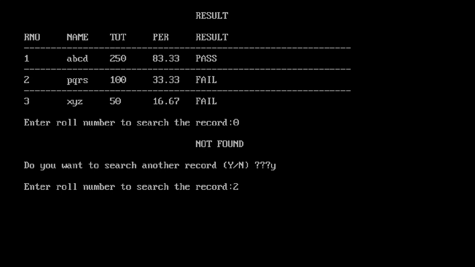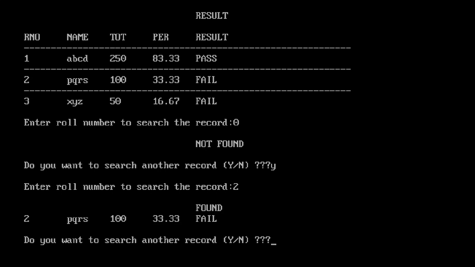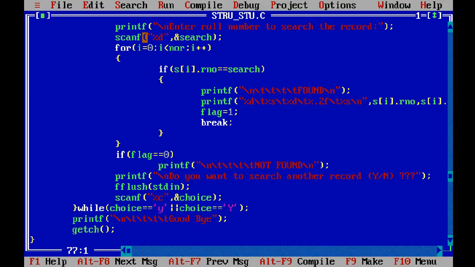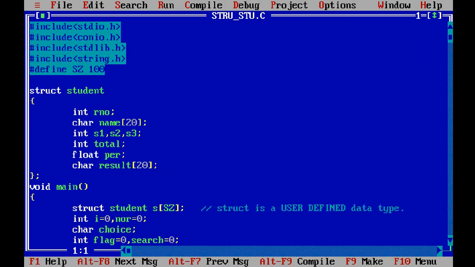Now as we know that roll number 2 is present in this system, it will provide me the required answer and again ask me, do you want to search another record? If I say no, then it will print goodbye and exit. So similarly, let us try to build